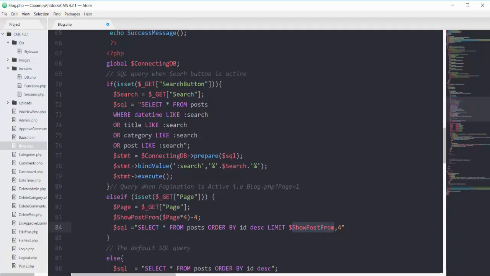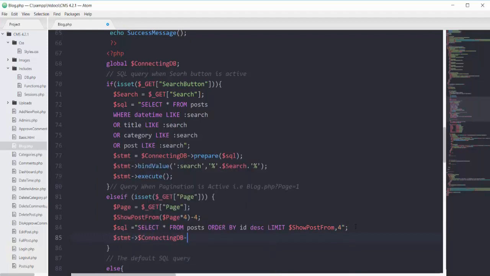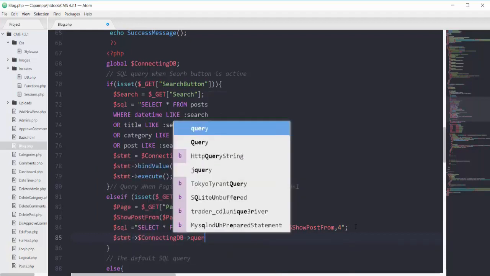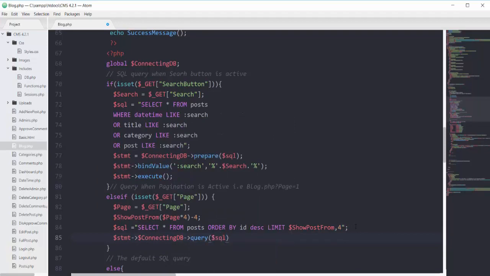So show posts from 8 to the next 4 posts. Then on the next line we'll have a variable stmt that will use our database connection of connecting db and call the method query, passing this SQL here.